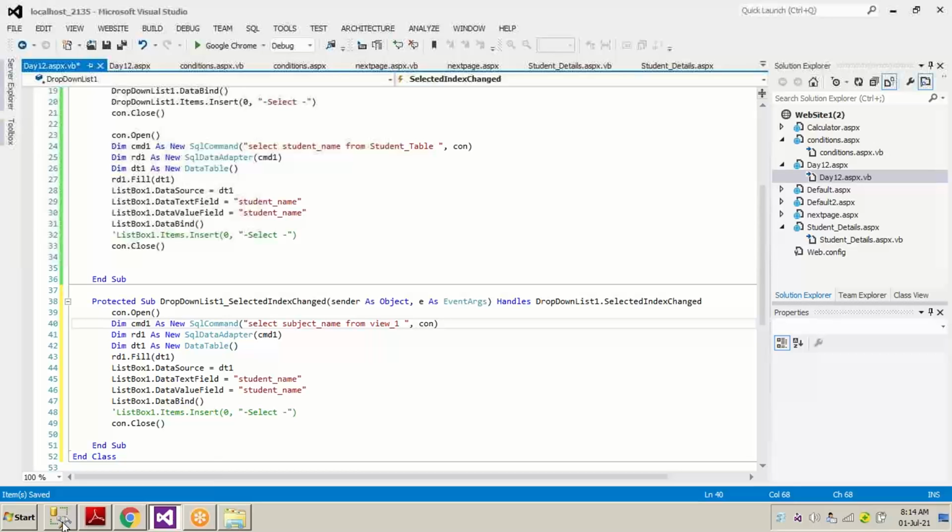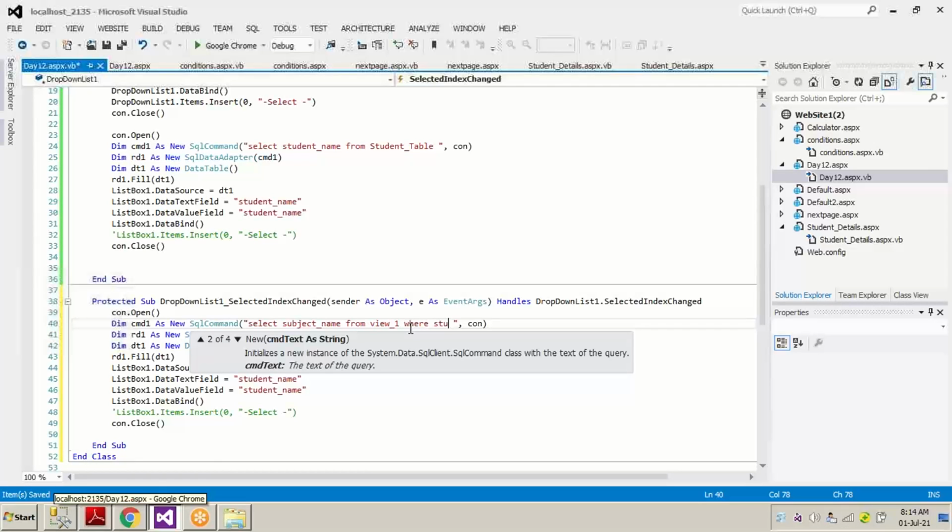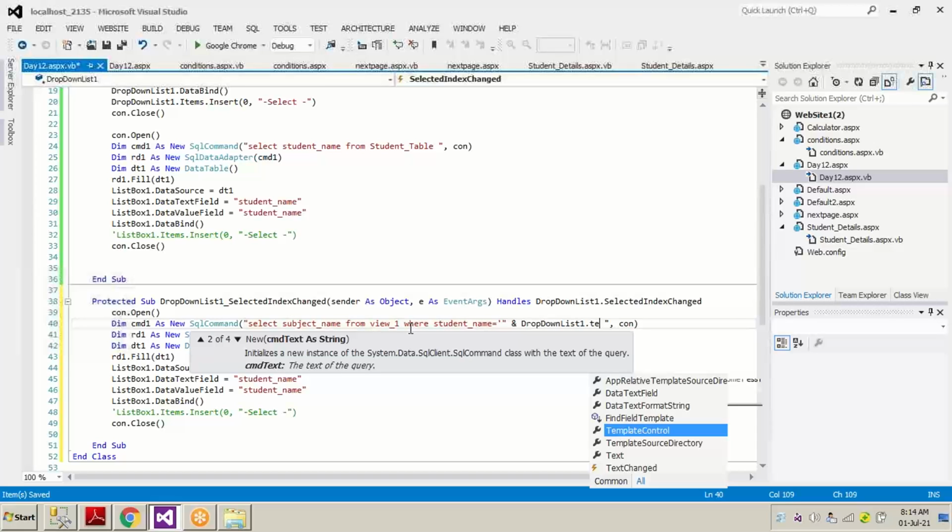Yeah, view 1, where student name is equal to drop down list box 1.text. It means whatever name we select in our drop-down list, the SQL command will go to the view, view 1, and fetch the subject names of that particular student.